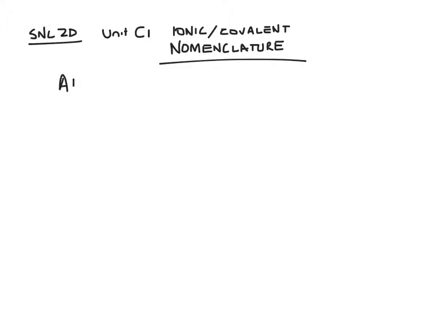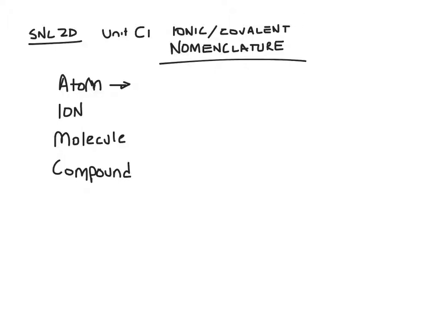So we need to know what an atom is. We need to know what an ion is. We need to understand the concept of a molecule and what a compound is. Okay, they're all related in some way, but we need to be able to look at them and talk to them in different structures. So an atom, as you learned in grade 9, is basically a simple structure that is